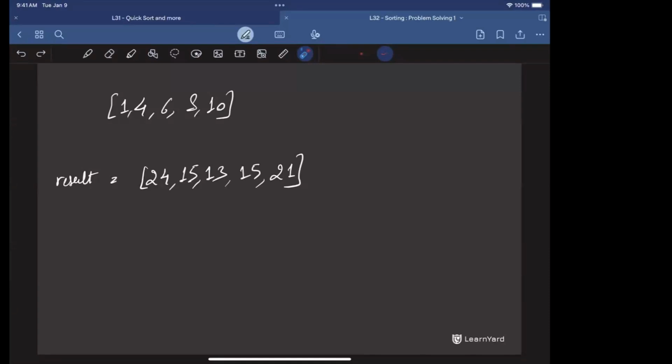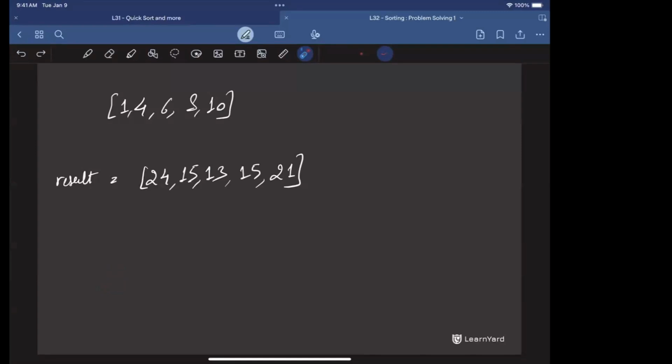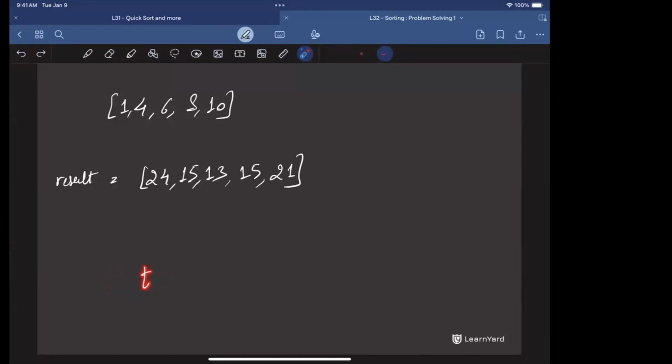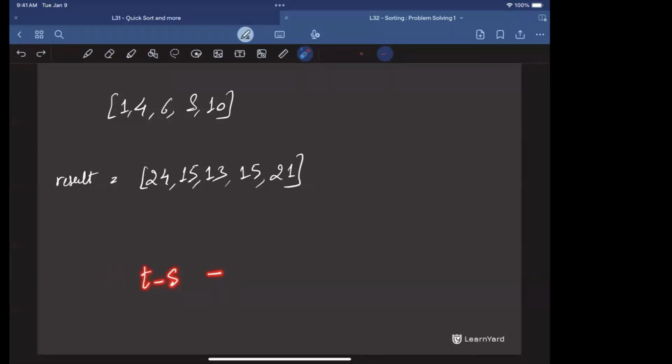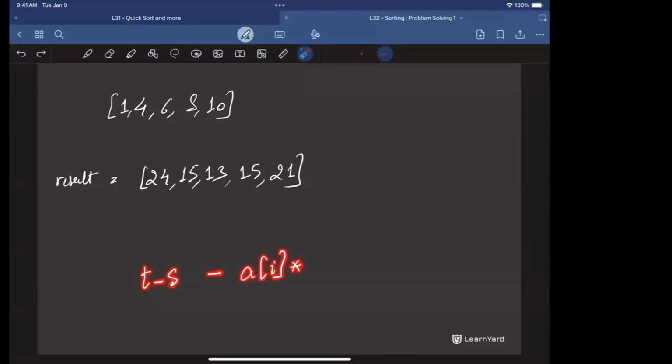ओके सपोज एक एरे के लिए मैं इंडेक्स आई पकड़ता हूँ, ठीक ना. Correct. एरे का टोटल सम है S. Okay, total sum है S. फॉर इंडेक्स फर्स्ट हम लोग करेंगे कि सम माइनस एलिमेंट एट इंडेक्स आई इनटू... ये कौन सा सम बताया? टोटल सम ऑफ द एरे. हाँ, टोटल सम माइनस इंडेक्स एट आई इनटू A of I बोल रहे हो ना? हाँ, A of I into